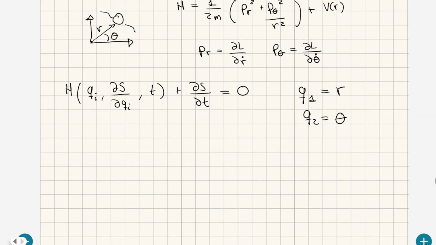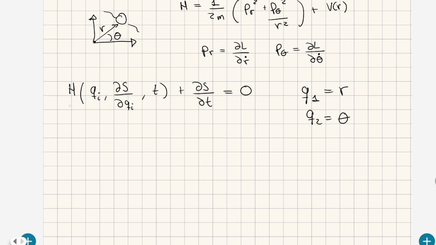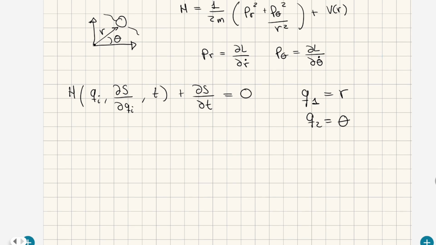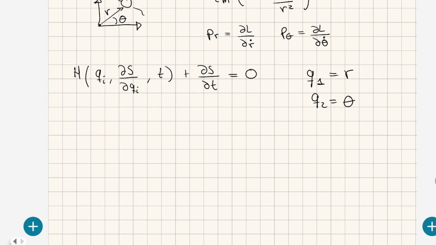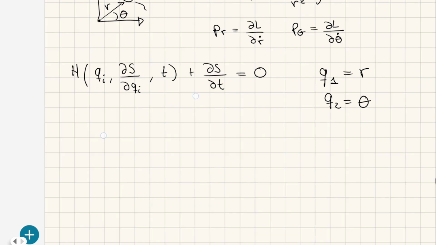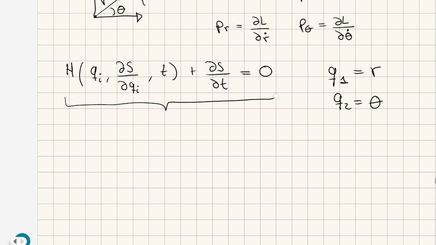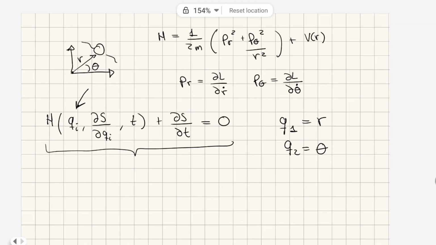Okay, so that means that this Hamiltonian actually corresponds to a system with 2 generalized coordinates. Perfect. So we see here that in this general form of the Hamilton-Jacobi equation, we are including the generalized coordinates as a variable on which the Hamiltonian has some dependence. But in our case, these generalized coordinates do not appear. I mean that we do not have the theta